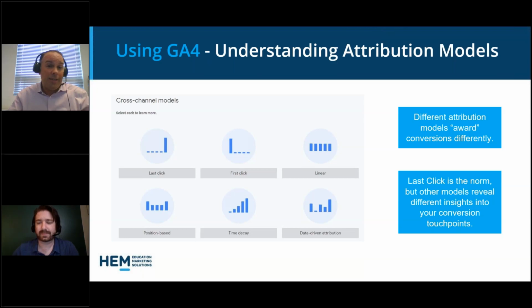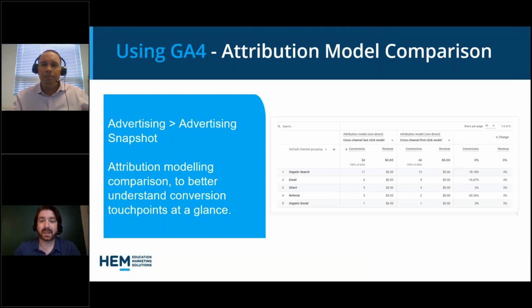The other thing I should say is that we're really in a multi-channel world when it comes to student recruitment. It's not just Google ads or just Facebook ads or just my website. They're really working together. So you'll want to spend some time on the model and the analysis to understand how these different initiatives work together. And GA4 is doing a good job there to help you get to that answer. Over to you. Yes, absolutely.